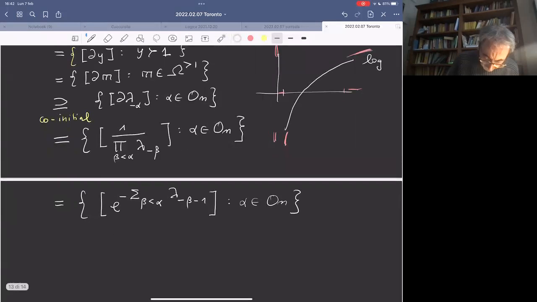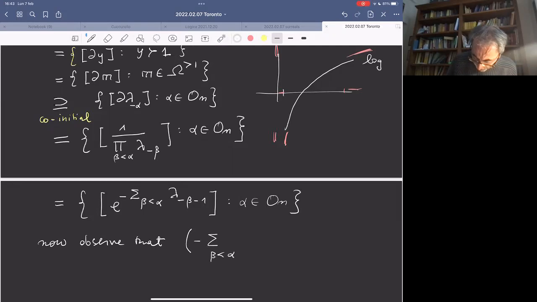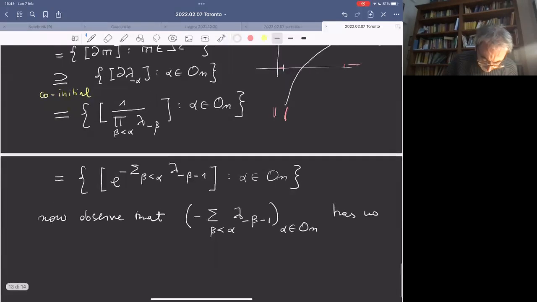So now observe that this class of infinite sums, lambda minus beta minus 1 for alpha ranging over the ordinals, has no inf in the Surreal numbers. Why does it have no inf in the Surreal numbers? This is an exercise, but roughly the idea is that